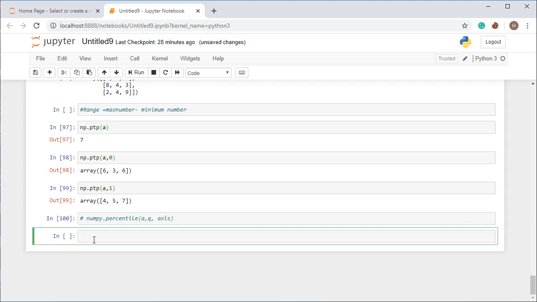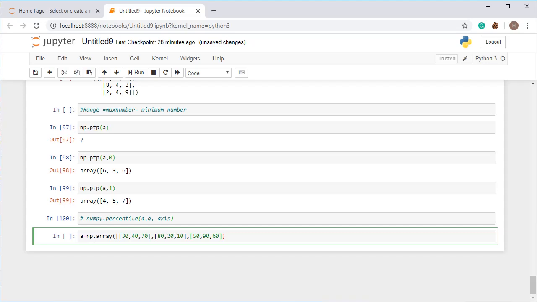So let's see, np dot array and create a 2D array. So let's see, 30 comma 40 comma 70 and another value as 80 comma 20 comma 10 and another value as 50 comma 90 comma 60.